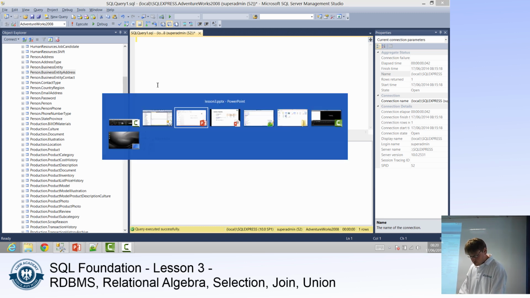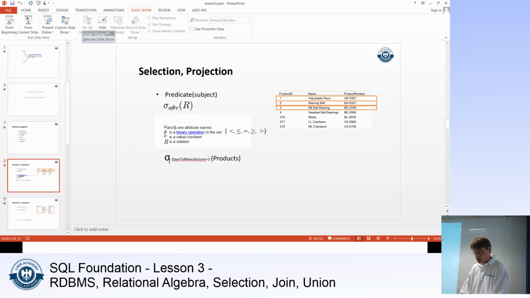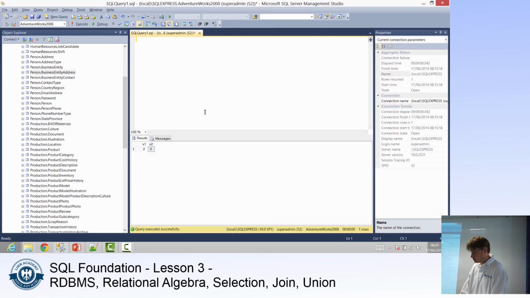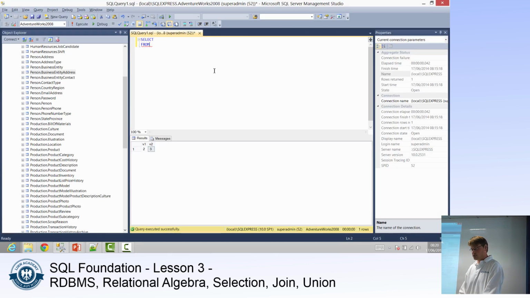Okay, so what we want is to select all the rows where days to manufacture is more than 2 out of the product table. So in SQL we write select, which identifies that we want a selection, from, which is our relation, Production.Product,